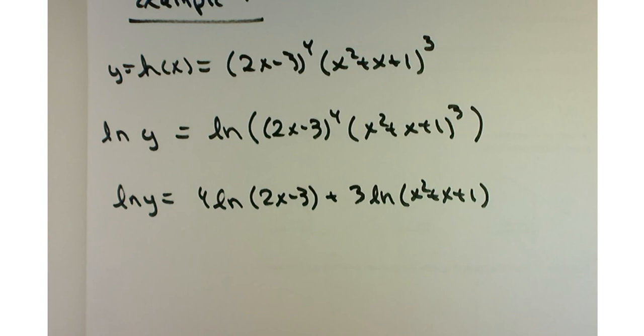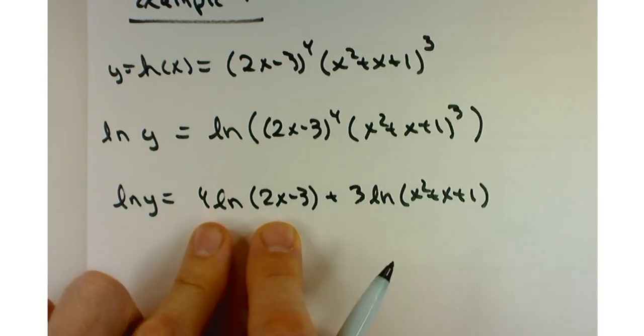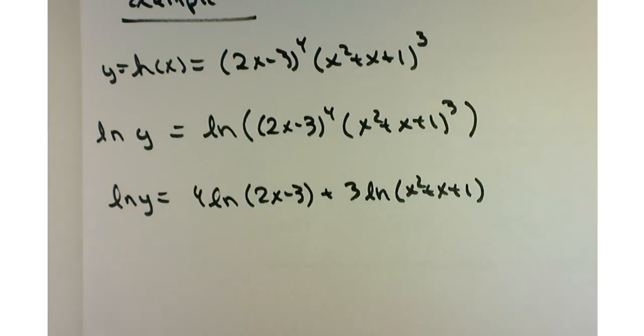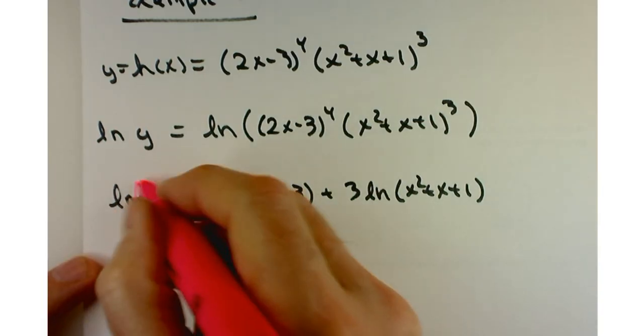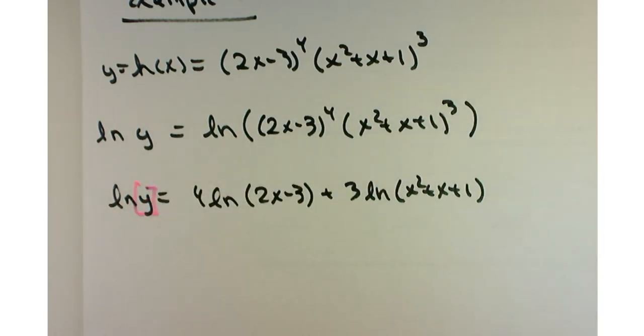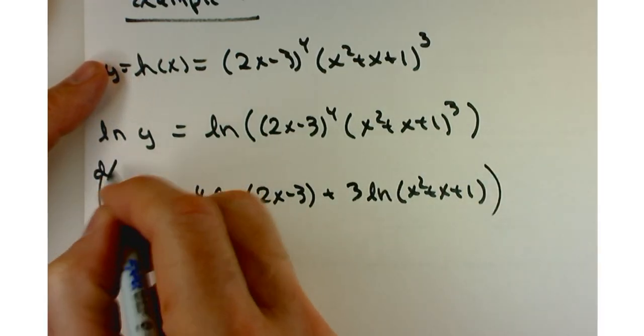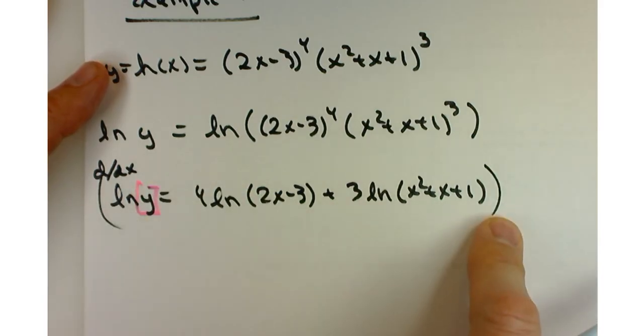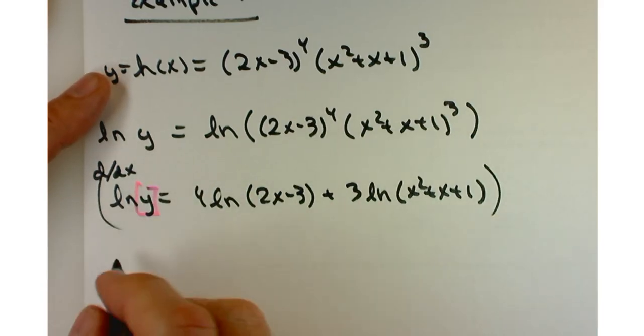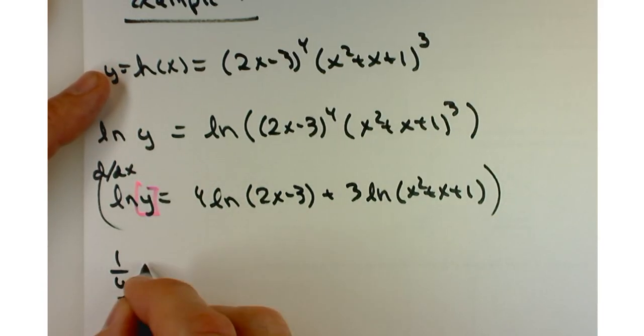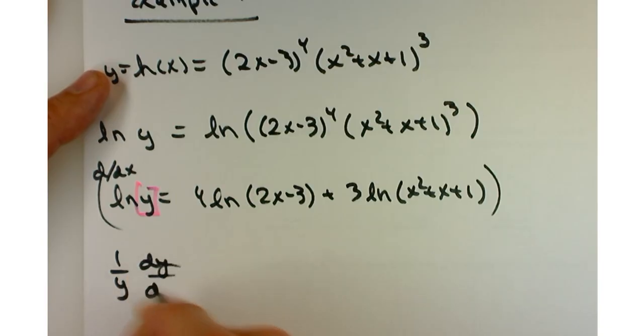Well, then we need to differentiate. And take care that when you differentiate, that y term needs a little extra attention. So d by dx of all of this is going to be 1 over y dy by dx